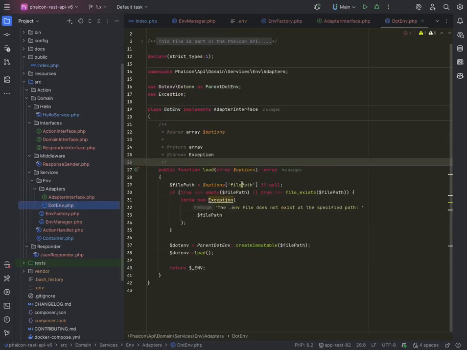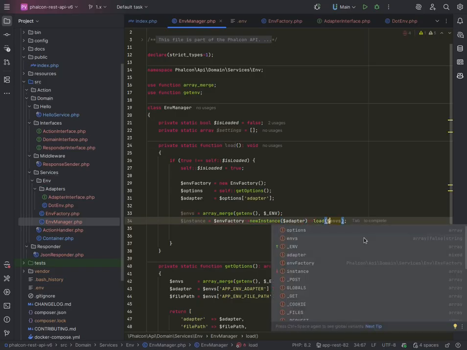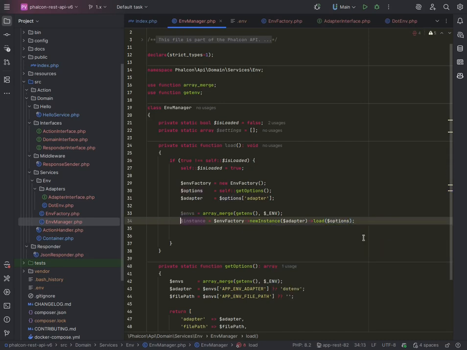Oh, the options, I forgot, we load the options in the load. So we got this adapter, and now we need to load options, and what that will return is not an instance, it will return an array,